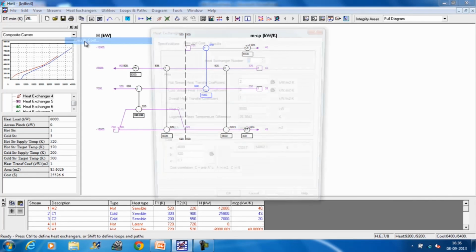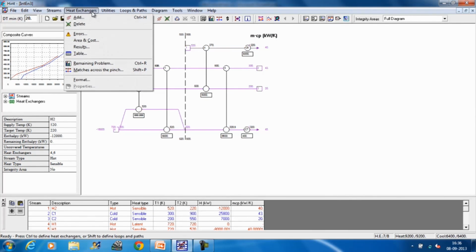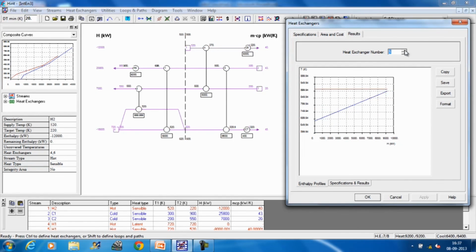We can find out the area. It gives you the area. However, the area will not be correct because it takes the default value, and then based on that it calculates the area. But you can correct these values and you can have the correct area and the cost of the heat exchanger network. Now, if you go to the results, it almost tells you everything about the heat exchanger network. It gives you the temperature profiles of heat exchangers. You can see all the temperature profiles, how they look like,